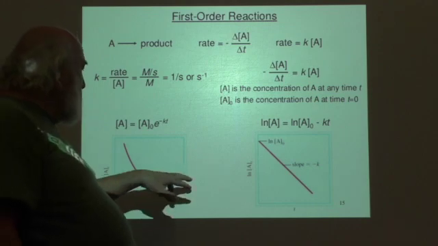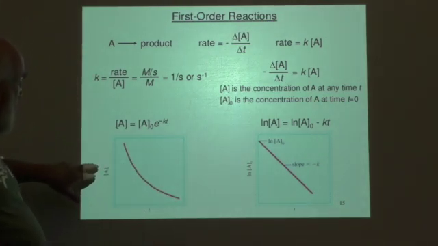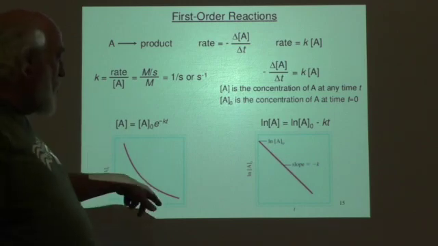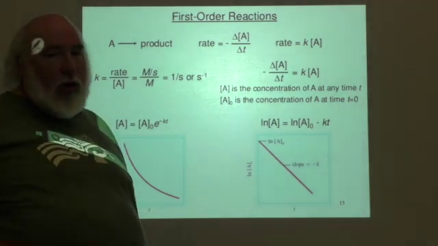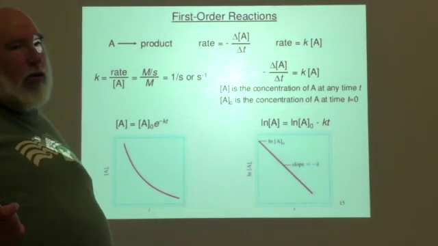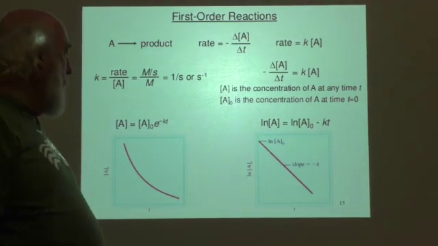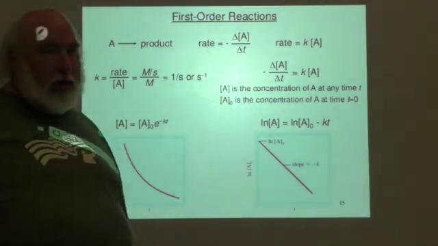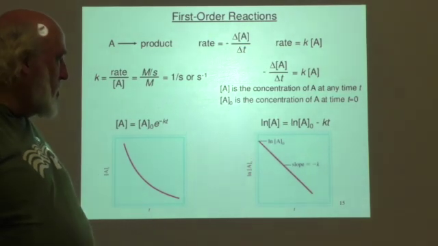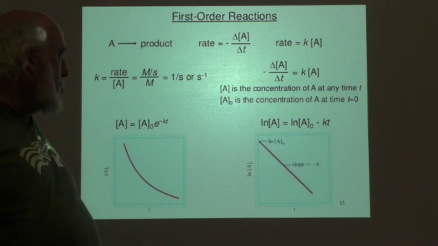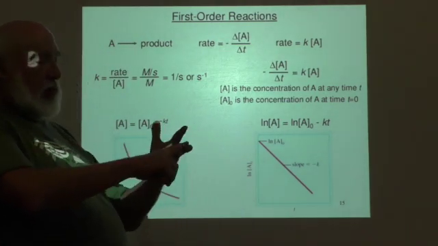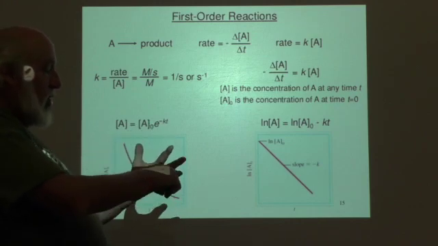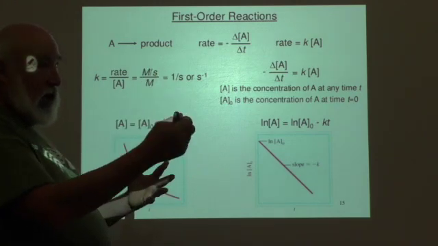First of all, instead of y being the concentration of A like we had in this curve, the y-axis is now the natural log of the concentration of A. You have an ln key in your calculator. If you've not used it before, you're going to be using it a lot. Calculus loves natural logs and not log of power 10, the LOG button. So we're going to be using natural log. So the x-axis here is t. So your y equals mx plus b now becomes natural log of A equals m times t, x is t,